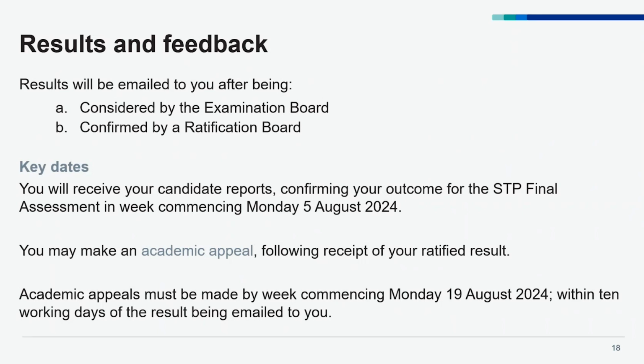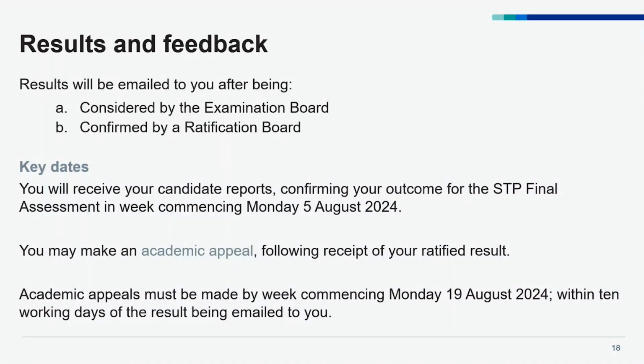Once you've received your results, once they've been ratified, if they are not as you had hoped, there may be grounds for an appeal, not based just on the result, but based on the process and the conduct of the assessment. There is an academic appeal policy on the website and a link will follow. There is very strict criteria of what qualifies or doesn't qualify for an appeal, but that can be read in your own time through the link on the internet. Let's hope nobody needs those links.